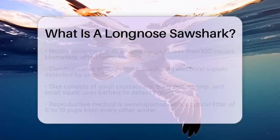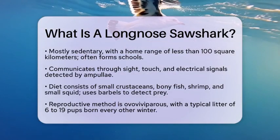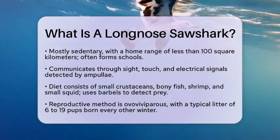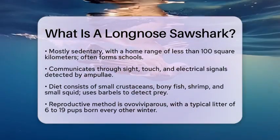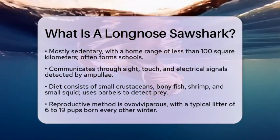These sharks often form schools and communicate with one another through sight, touch, and electrical signals detected by special organs called ampullae. In terms of diet, the longnose sawshark feeds on small crustaceans, bony fish like cornet fishes, shrimp, and